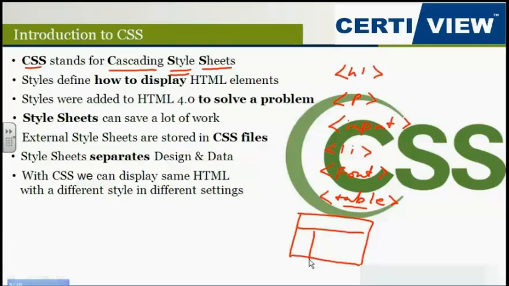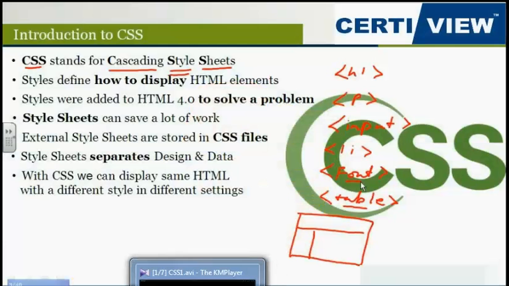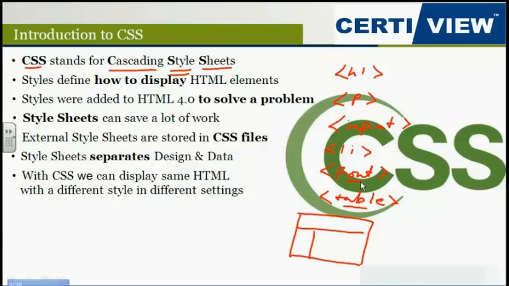Yes, everything can be done, but it comes at the cost of maintainability. When you do this kind of thing, for every place you have to put font, every place you have to put table, a lot of extra work was needed, not only at the time of creation, but also at the time of later modifications. Say today you use a particular font with a particular set of colors, and say you have around 100 pages, and each page contains say 50 paragraphs, and you go into every paragraph and say font equal to Arial, font equal to Arial, font equal to Arial. And tomorrow your client says,